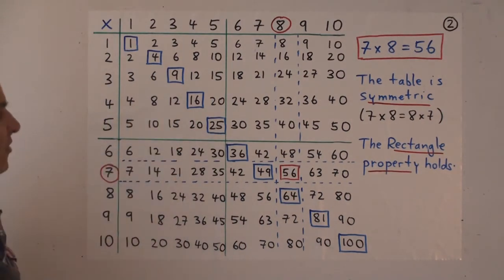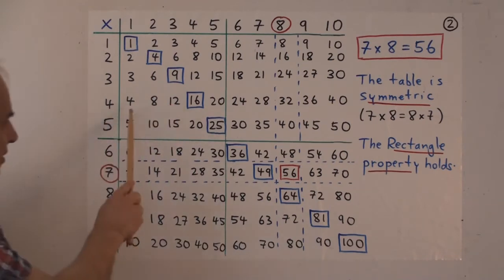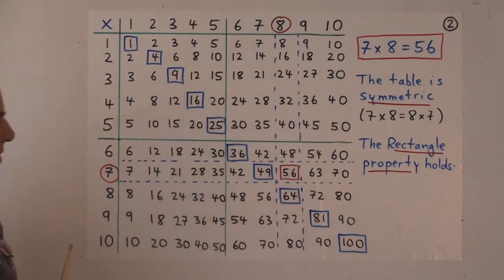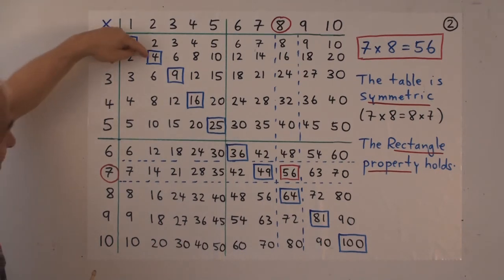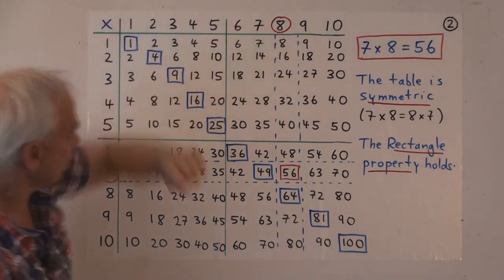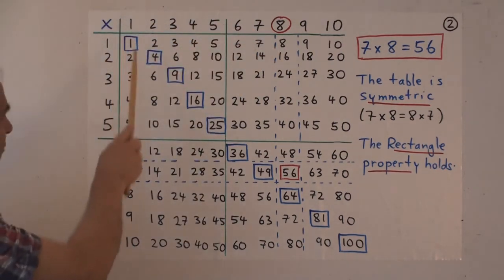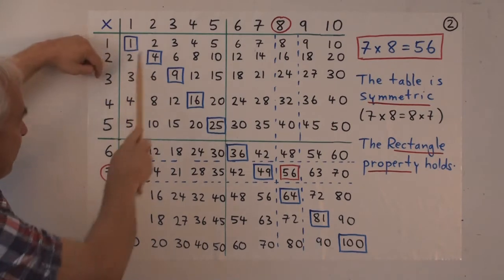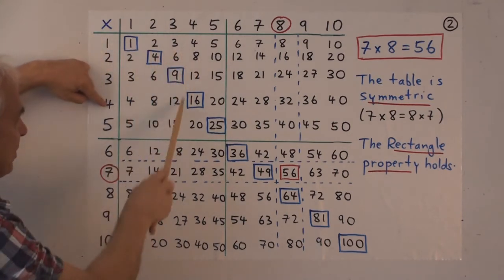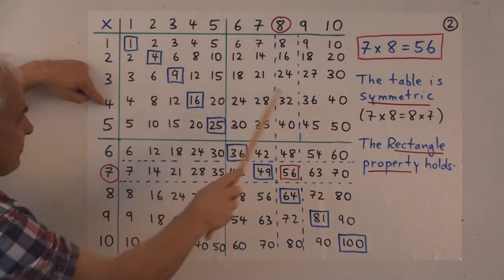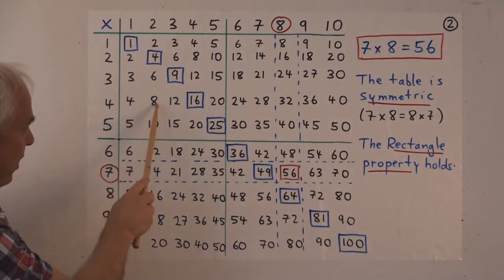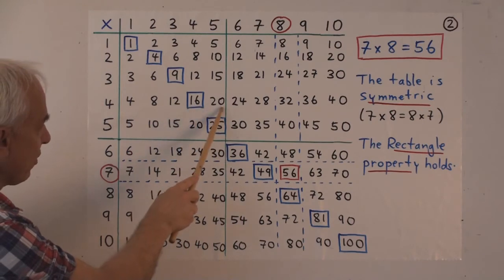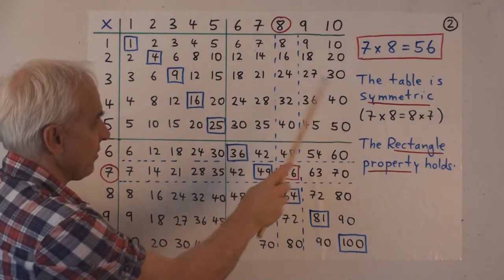All right, I'm not going to go through all of them. We'll just have a quick look. Here are the multiples of 4, which are a lot like and closely related to the multiples of 2. They're all even numbers. In fact, they're every second even number in this row here. So 4 times 1 is 4, 4 times 2 is 8, 4 times 3 is 12, and so on. Again, there's a kind of a repetition of the ones digits. 4, 8, 2, 6, 0, 4, 8, 2, 6, 0.